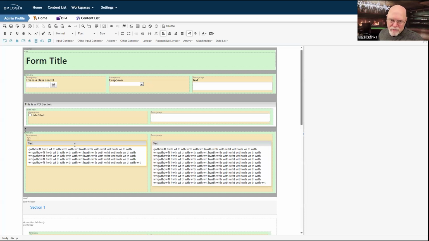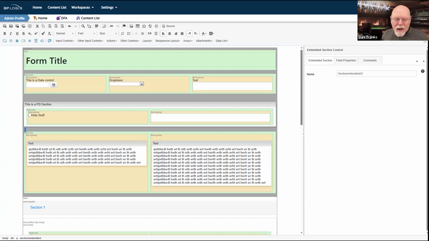That's just for convenience's sake. It's not really going to show up that way in the actual form when it runs, but that's just for convenience's sake to be able to grab that control and look at it on its own line inside the online form designer.